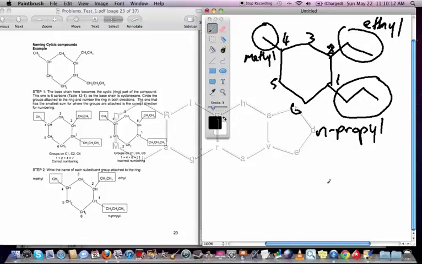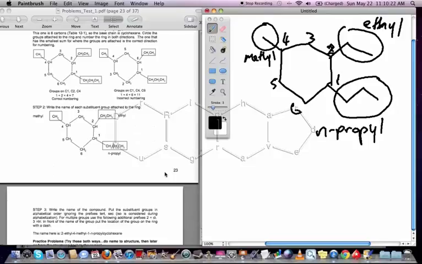Right, the next thing you want to do is name the compound, and again we use the alphabetization I was talking about earlier. So what's going to happen is that the ethyl group will end up going first, followed by the methyl, and followed by the propyl. Remember that the N doesn't carry into the alphabetization. It'll just be the E, the M, and the P, and then we go ahead and write the name out, and it would be